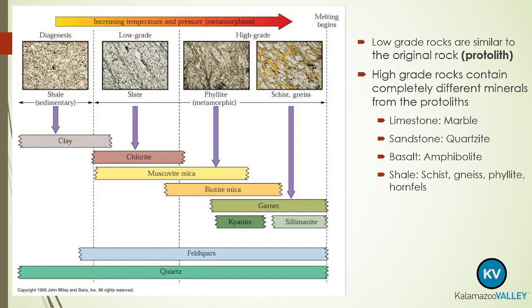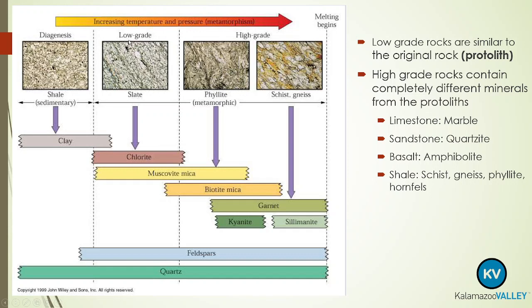Here we have a diagram displaying the metamorphic evolution of shale to a schist or gneiss. So if we look over here on the far left-hand side, this is the start of our timeline, and we'll start with shale, which is a sedimentary rock. This is primarily layers of clay stacked on top of each other, as we discussed in part 1 of the lecture. With increasing temperature and pressure, that clay will slowly convert to chlorite and mica muscovite, bringing us a slate,